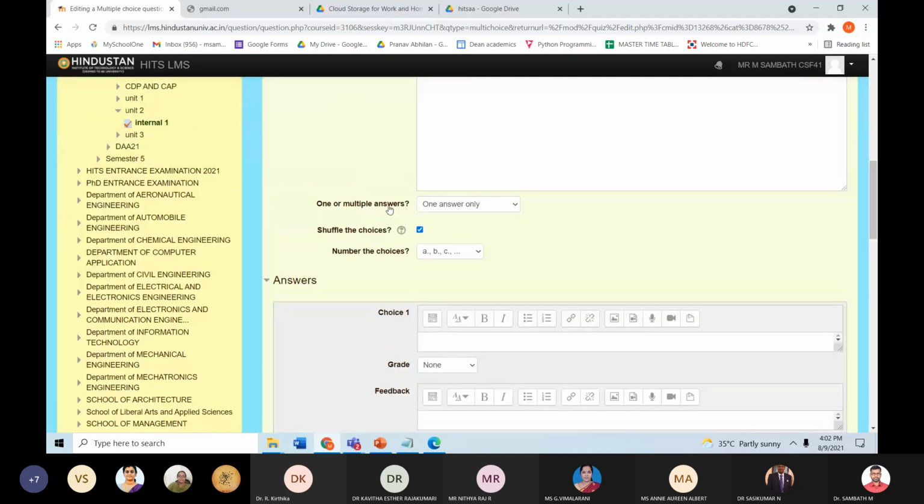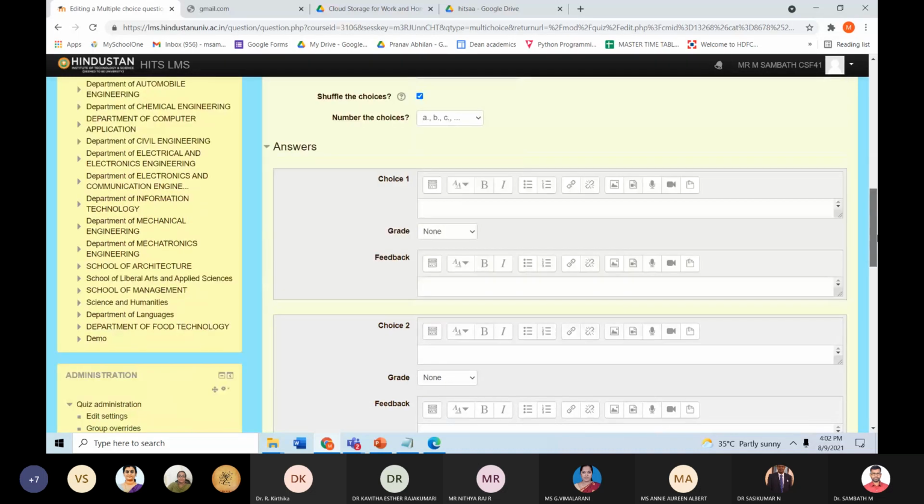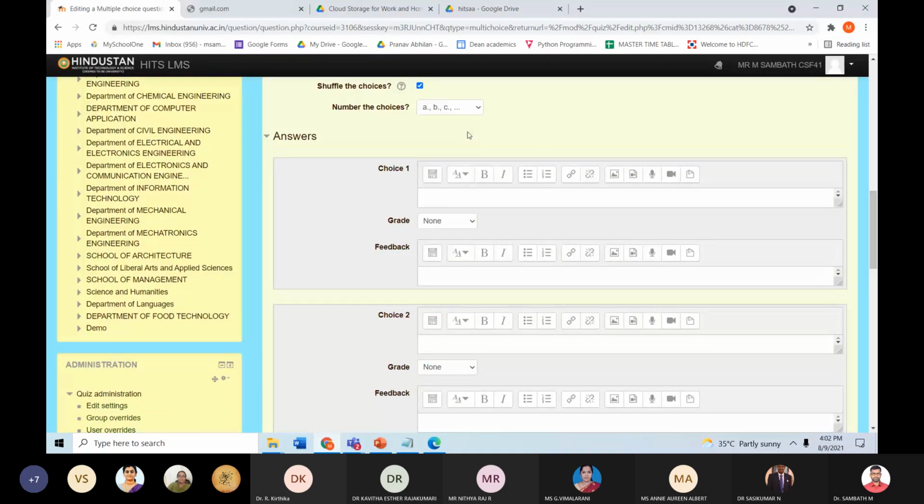One or multiple answers. For example, in case your question has more than one answer, then you can give the grade accordingly. For one answer you will give 50% mark. For the other answer you can give 50% marks. And this option is shuffle the choices. You want to shuffle the choices within the options. If you want, you can.